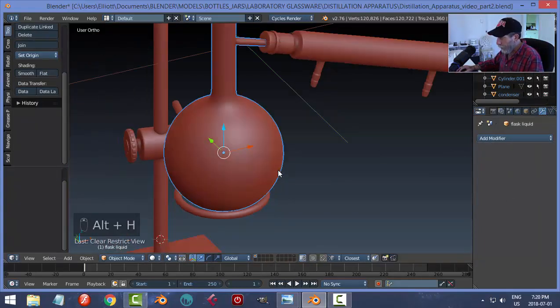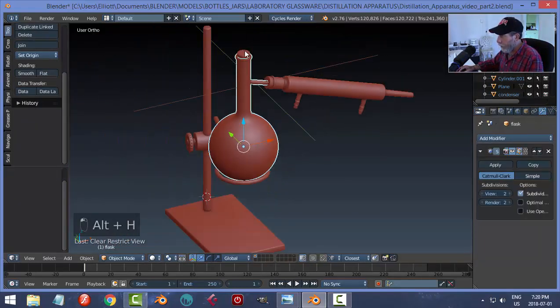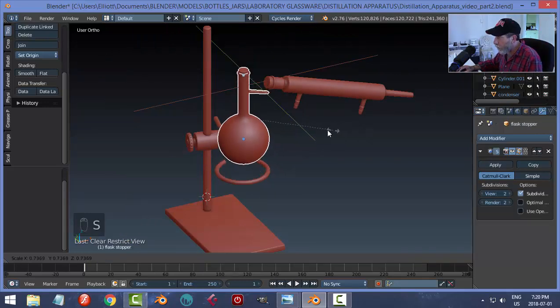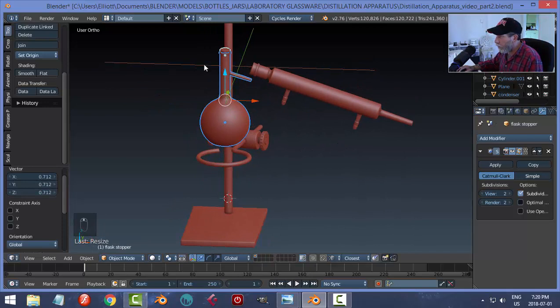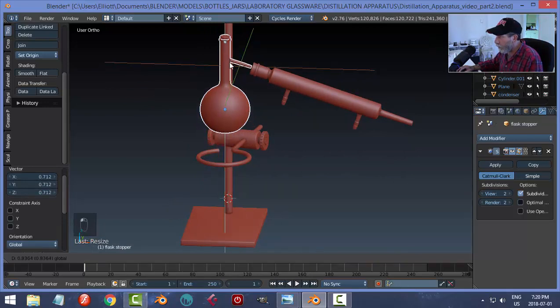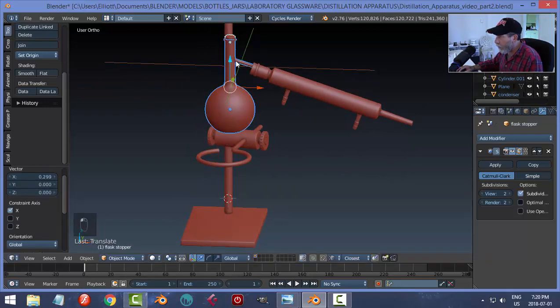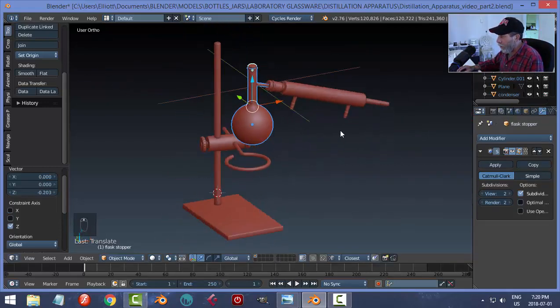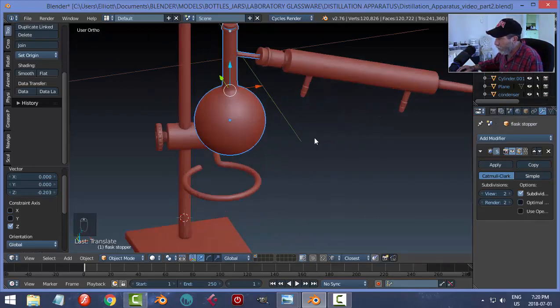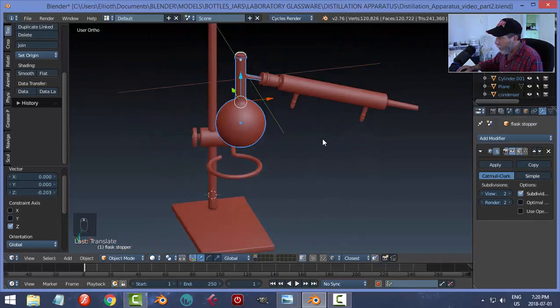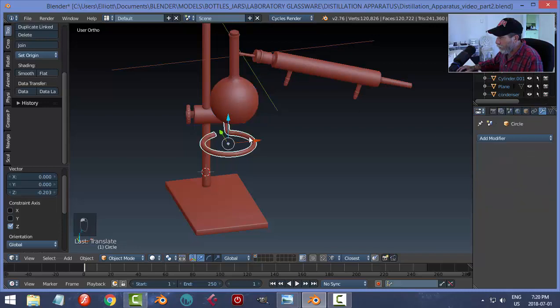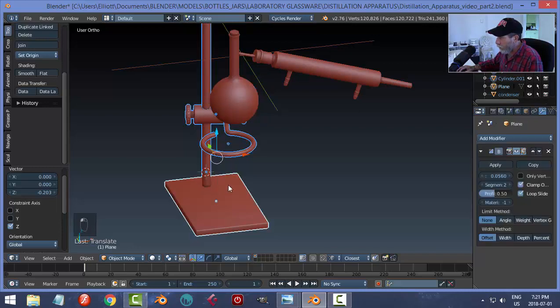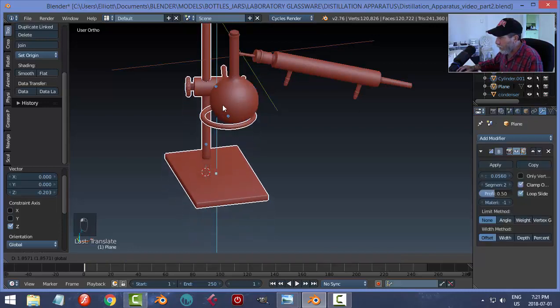Anyways, I need that, and that, and that. And I just want to get a sense of if it was to scale it down relative to this thing. If it starts to look a little bit more realistic, and I think it does. Alright, so that being the case, I want to go with that one. What I'll do is I'm going to bring all this stuff up, and I'm going to adjust some sizes a little bit